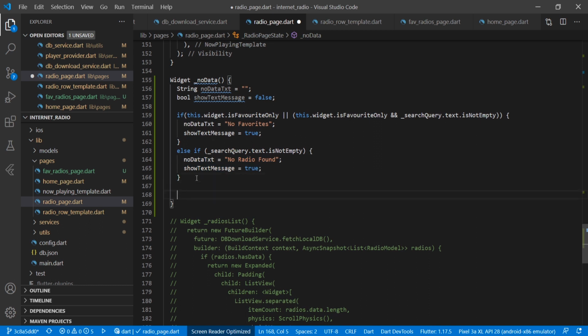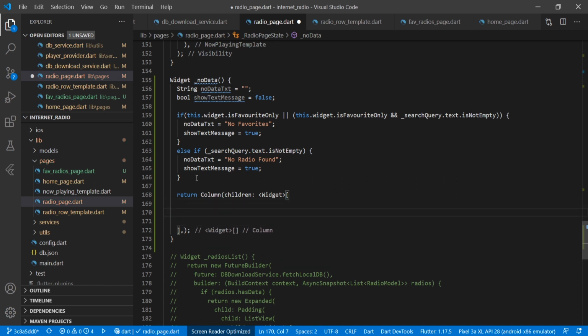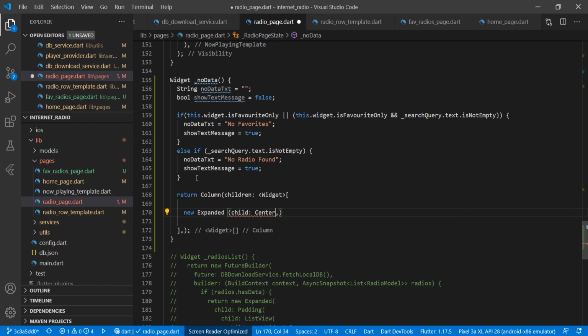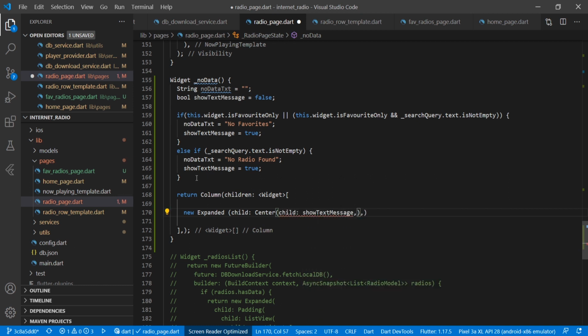And here we will return the column, then we will have children, and here we are using the expanded, then we have a child, and we are showing the center, then we are passing that show text message.